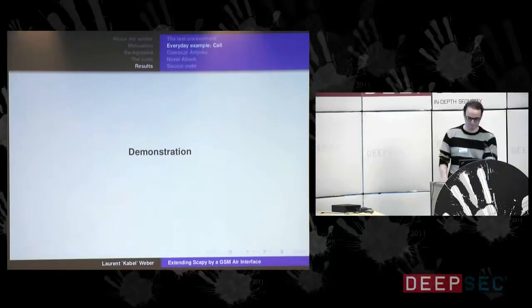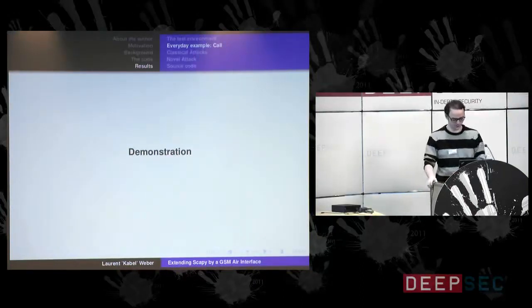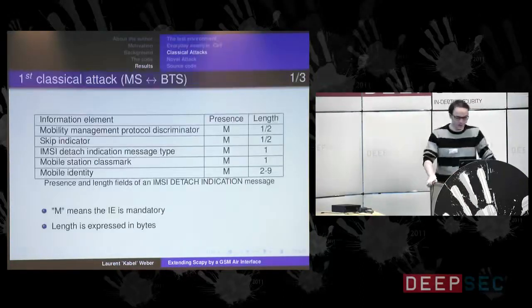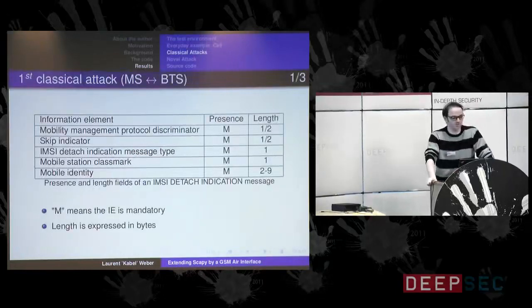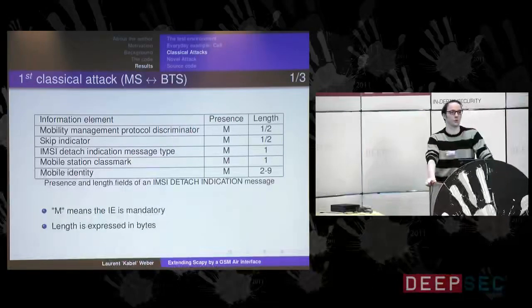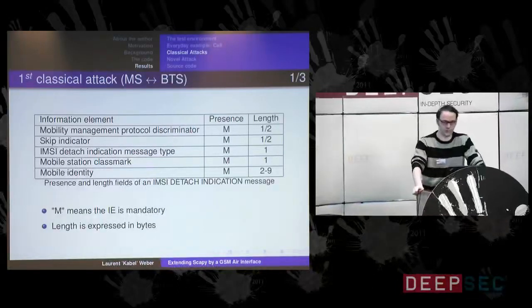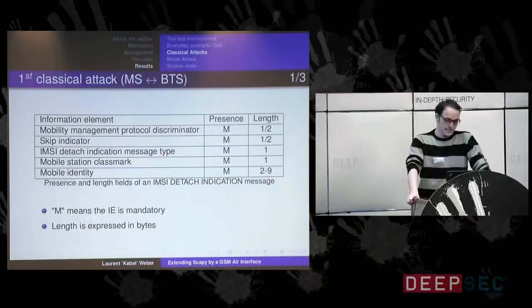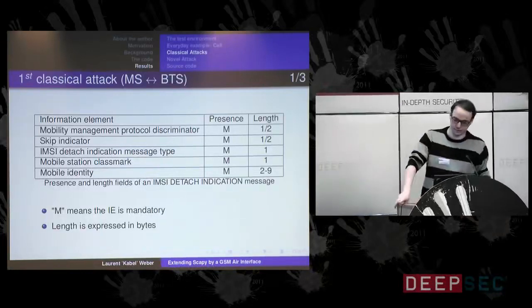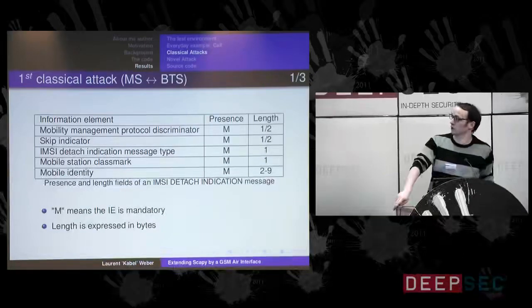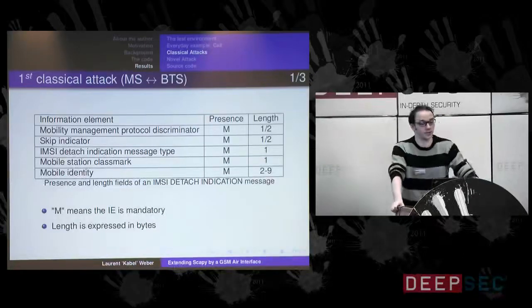Okay, so now let's focus on some different stuff. Classical attacks, as I already explained at the beginning, are attacks that are well known and understood, and you can find them in literature. The first one I'm going to present here is an IMSI detach indication message that you send.